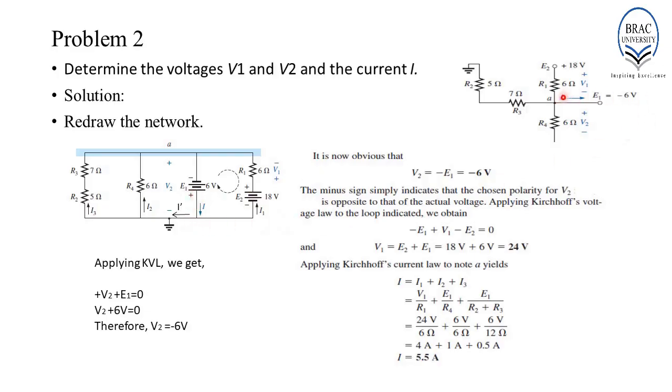There is only one remaining branch over here, which is this one. So, if we start from node A, we have R1 at first and then E2 equals plus 18 volt, which means that the positive terminal of the voltage source E2 is connected to R1. And since the connection of the negative terminal